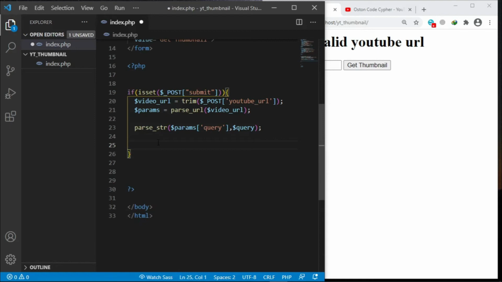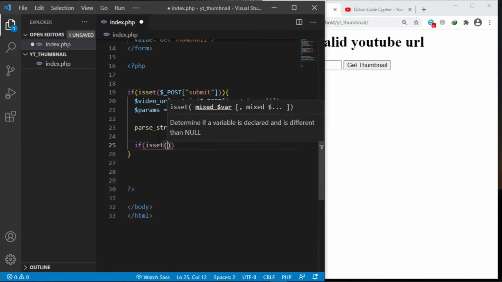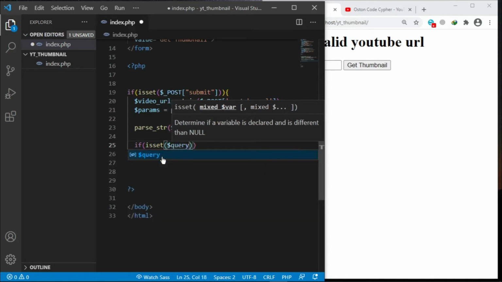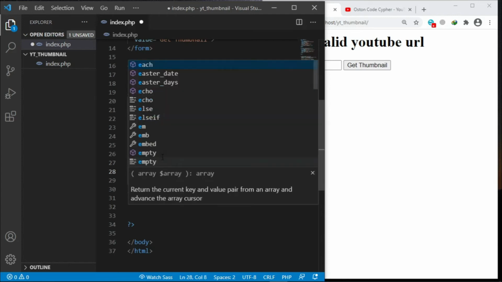So as I said, let us just make a simple check. If isset, and what we want to check for is the query. So if the query v is set in the URL, then we shall run the code that we will be running here. Else, if it's not, then we can display to the user, let's say, echo,